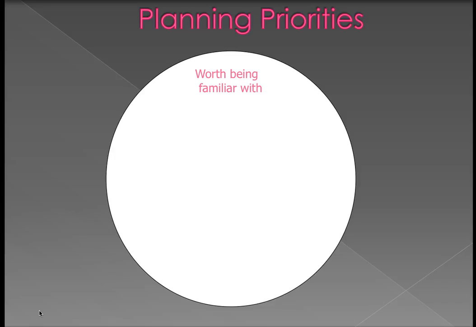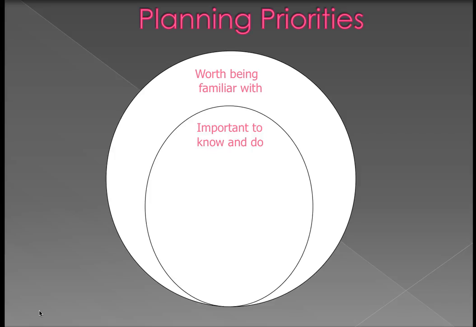The first level, the outer level, and what Benjamin Bloom would call a lower order objective is that knowledge that's worth being familiar with. It's something you could look up in your textbook, in an encyclopedia, on Wikipedia. And a little bit more higher order, perhaps at the application level, is skill-based knowledge. So you probably need the first tier of knowledge, that worth being familiar with, in order to develop a skill. These types of understandings are things that are important to know and be able to do.